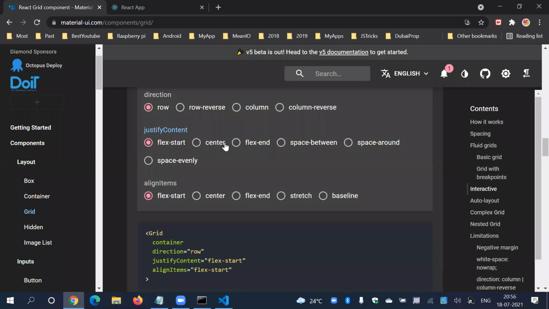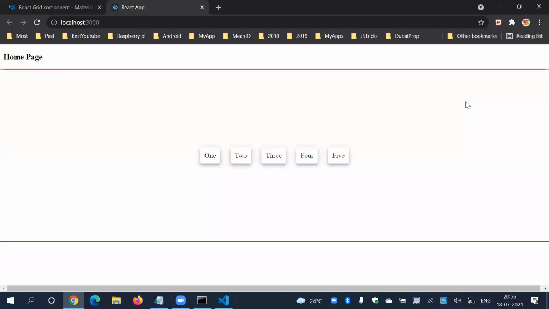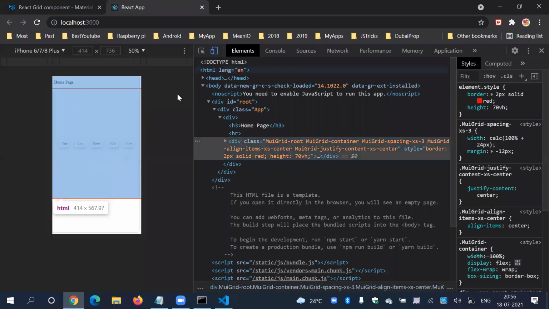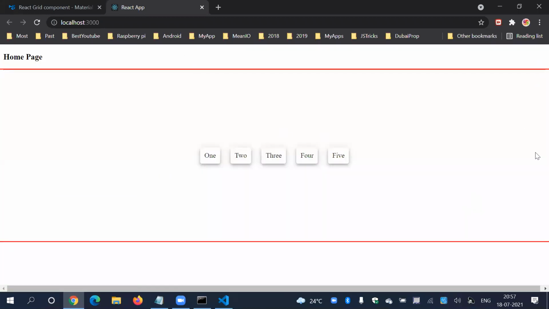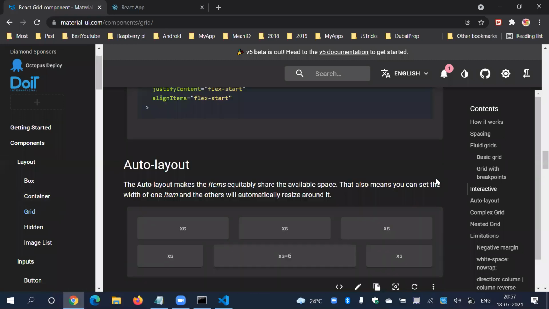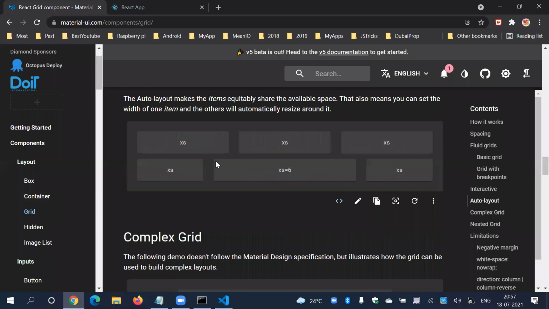You can make it responsive. You can also create a good layout based on the viewport. If you want a different layout for mobile view, you can create that easily using the grid properties, small, extra small, and just go through these links. Go through this documentation. You'll come to know everything. So this is small, small, small, but here we applied six length. Here is three, here is three. That's it.